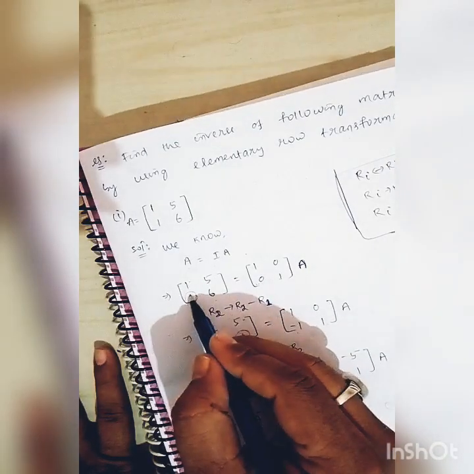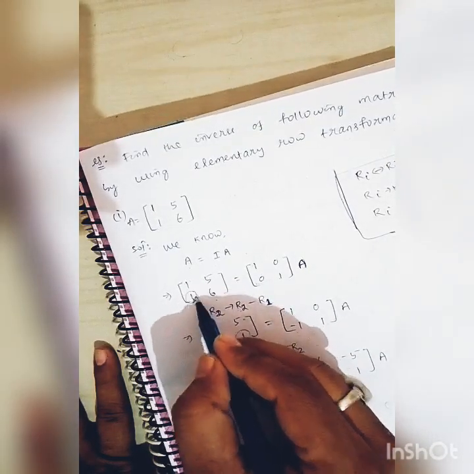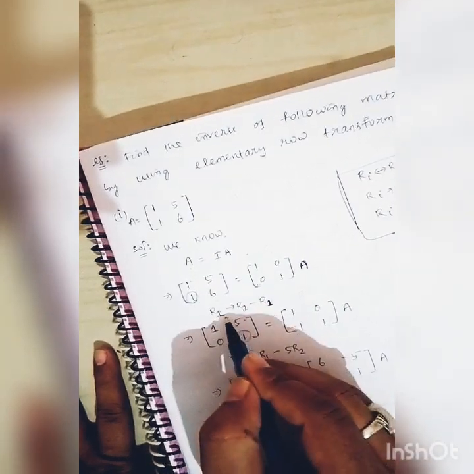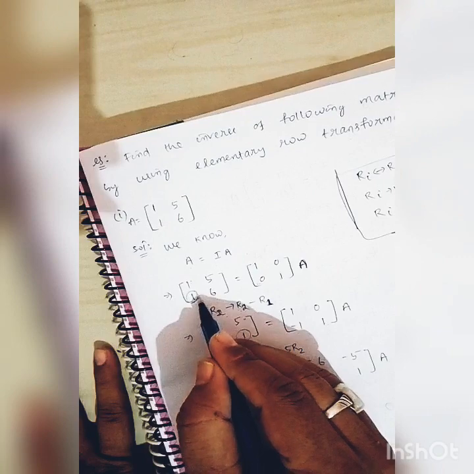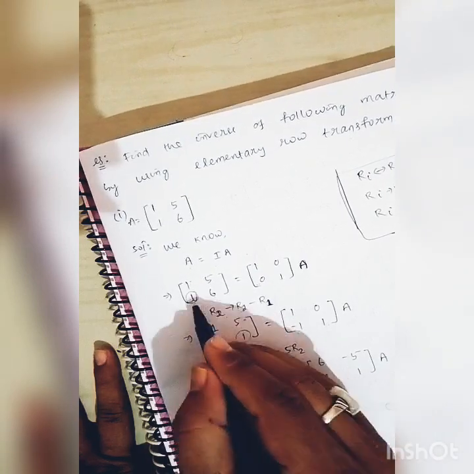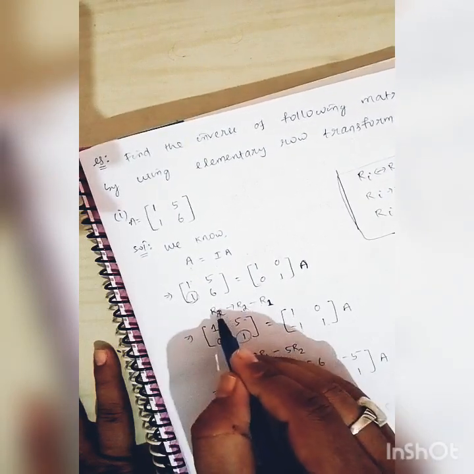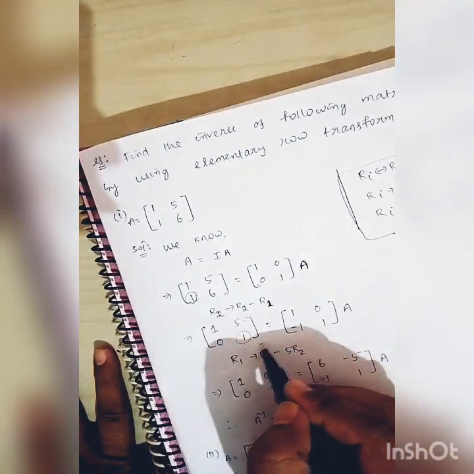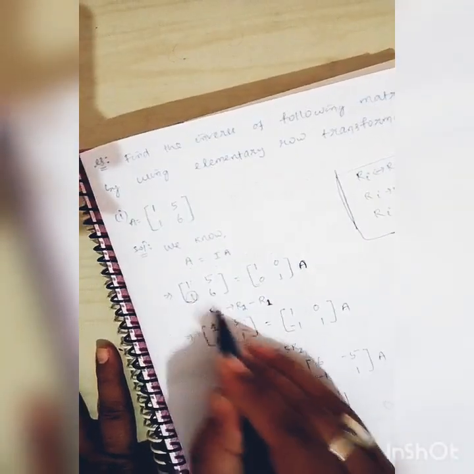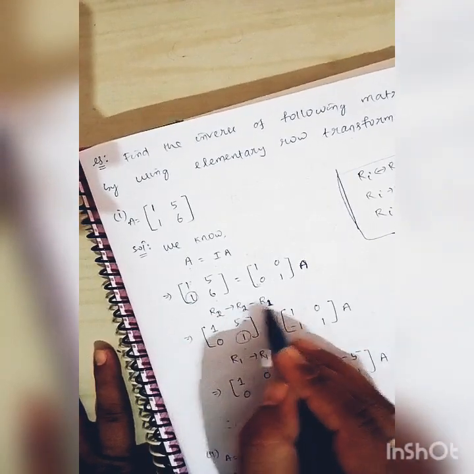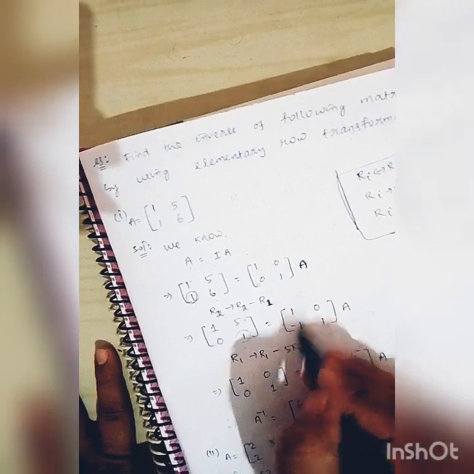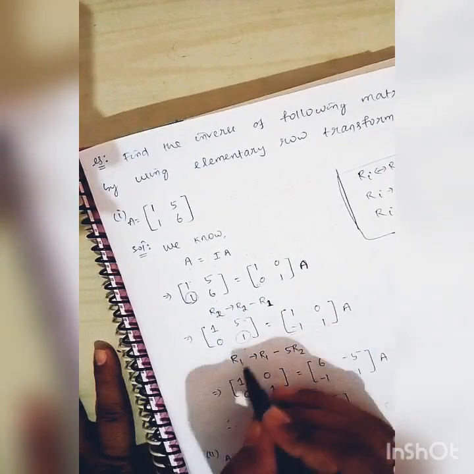Step 2, you have to reduce this to 0 using this one. Here it is present in row 2. So you can write row 2 is replaced by row 2 minus row 1. That is 1 minus 1 is 0. If it is 3, then we can write row 2 is replaced by row 2 minus 3 row 1, as it is 3 minus 3 into 1, 3 minus 3 is 0. So if you put row 2 replaced by row 2 minus row 1, 1 minus 1 is 0, 6 minus 5 is 1, again 0 minus 1 is minus 1, 1 minus 0 is 1.